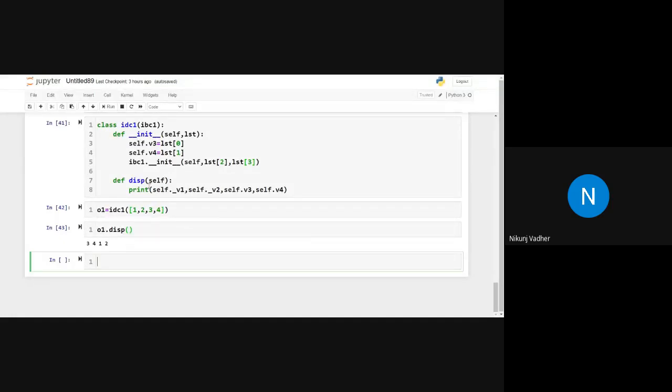We will take one very common example which you have learned in other object-oriented programming languages as well. That example is, let's say, class student.